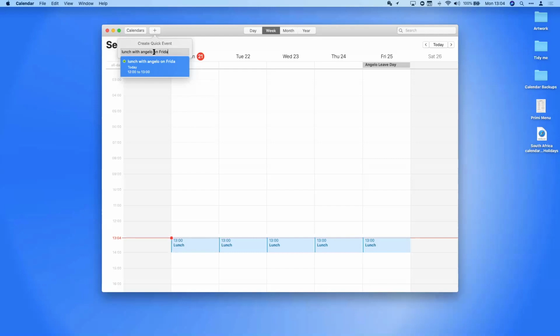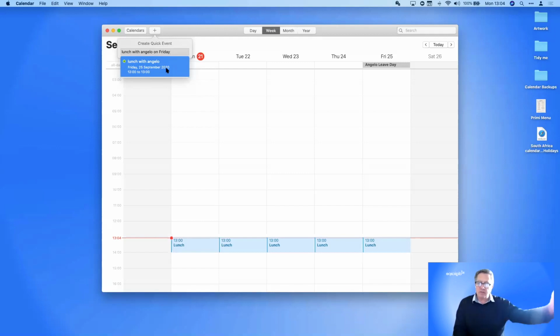As you see, as I'm typing, it knows that lunch could be between 12 o'clock and 1 o'clock. And it's taking next Friday, which would be Friday the 25th. If I said next Friday, it would say the following Friday. If I change this to breakfast, for example, you'll see it'll block out the time from 9 o'clock till 10 o'clock. But let's say lunch